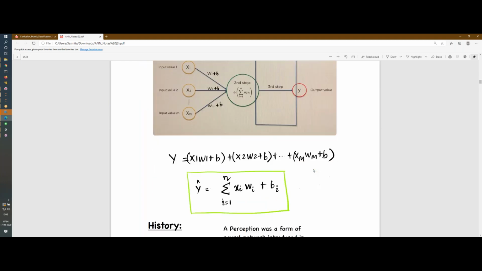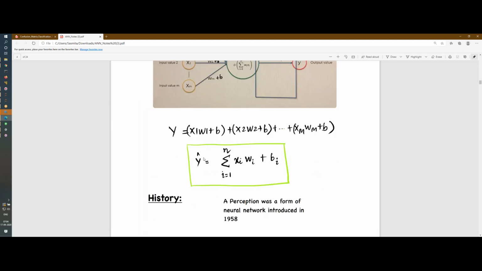Okay, now what is the function? Basically y hat. What is y hat? Y hat is nothing but the final prediction. Let's say I'm predicting the house price is 80 lakhs or 90 lakhs. How am I predicting? The final y is nothing but this particular function. Using this function, I'm predicting my y hat. If you tell me the W and B values, since I already know the X values, I can predict the